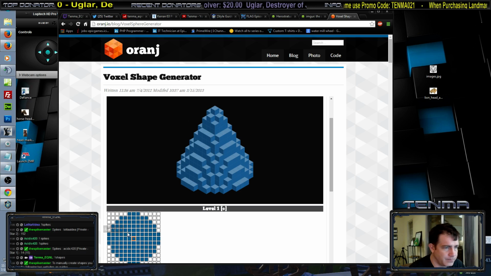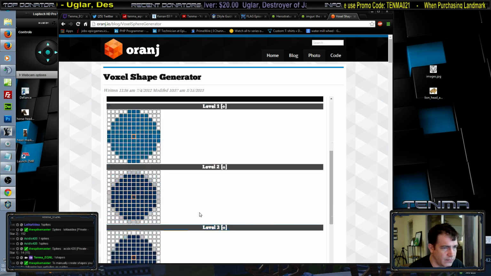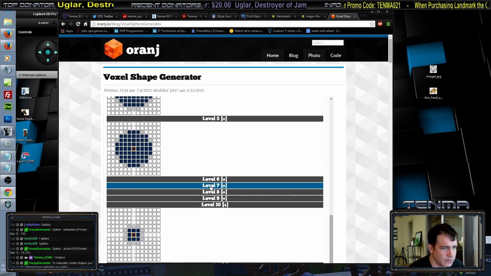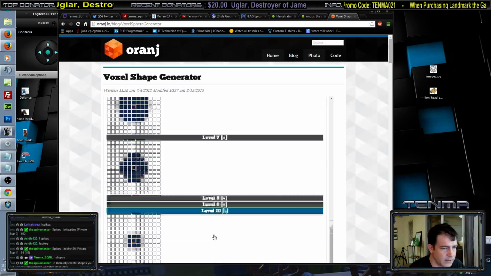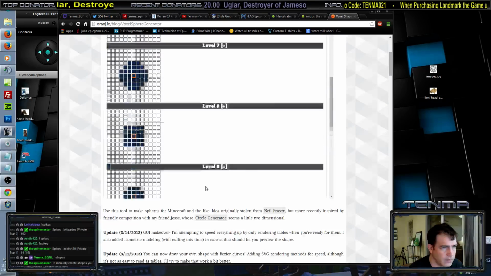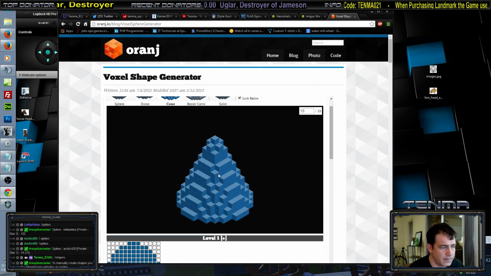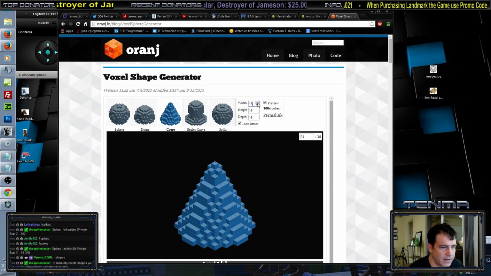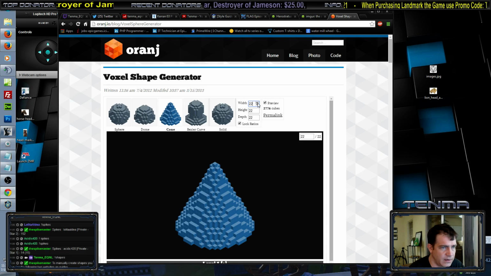But we're going to basically follow this pattern all the way down through all the different levels. And let me go ahead and click on all these things so that they'll be open for me to grab a hold of. But this is basically what we're going to be working with, and this is just for a width, height, and diameter here of 13, 13, and 13. And I can literally come in here and modify this and change the shape of it however I want,